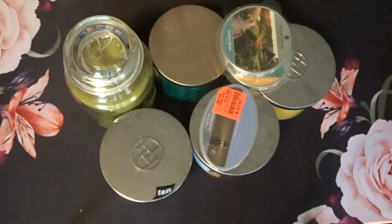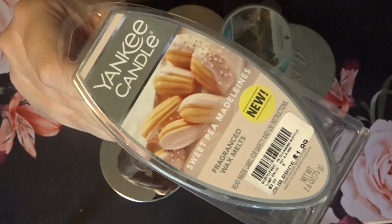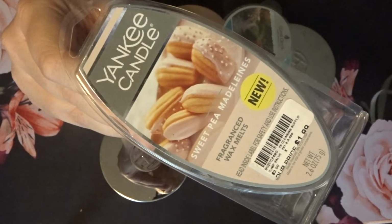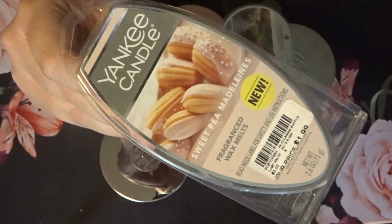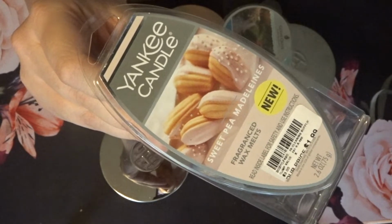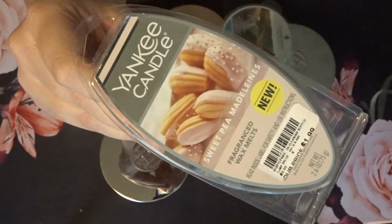We have here Yankee Candle Sweet Pea Madeleines, and I think this might have been in my burn basket last month, and I just didn't get around to it. I noticed it was laying in my box that I usually keep everything that I want to burn, including my wild cards in, and it was just a melt that I didn't get to. So this is really